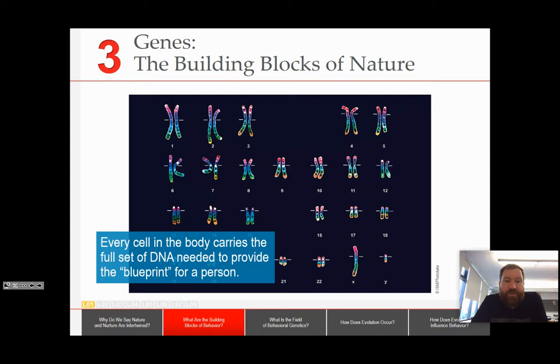You'll notice that the X chromosome is significantly larger than the Y. The Y chromosome has been shrinking. We're not really sure why that is, but it has been. Maybe that means doom for us men. I'm not sure. Or I should say us males. So the genes are the building blocks of nature. These are the things that, when we talk about nature-nurture, we're talking about as the genetic code.